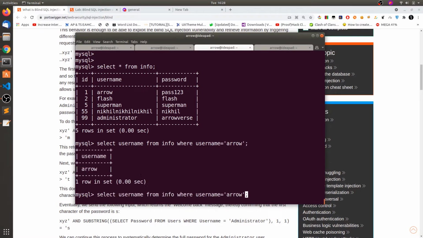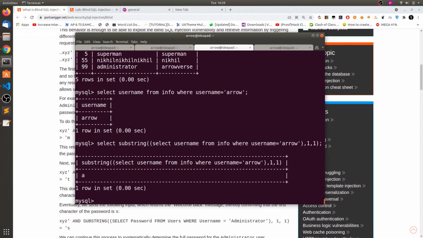That is arrow. Now I can say select substring of this query result, which will return the answer arrow, and we give two parameters: the starting offset, say 1, and then from that offset how many bytes of length you want to read, that is 1.